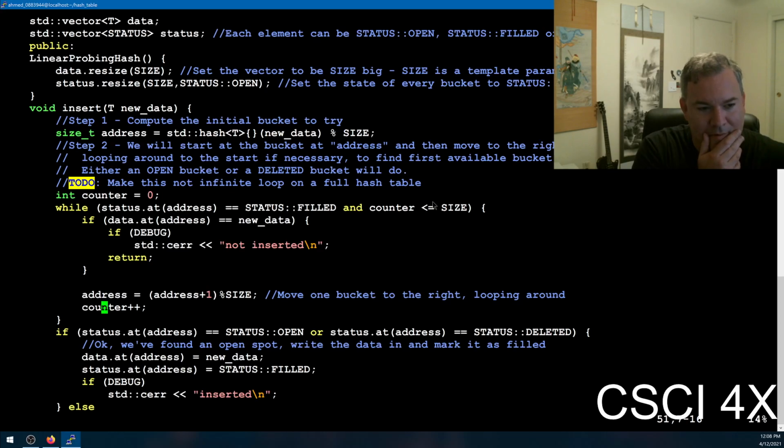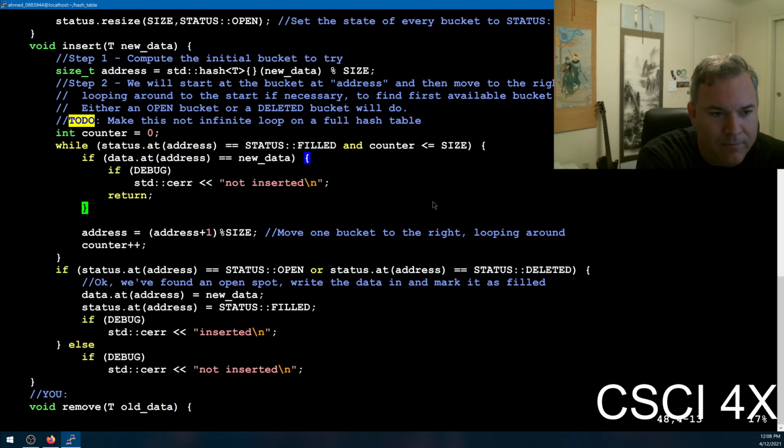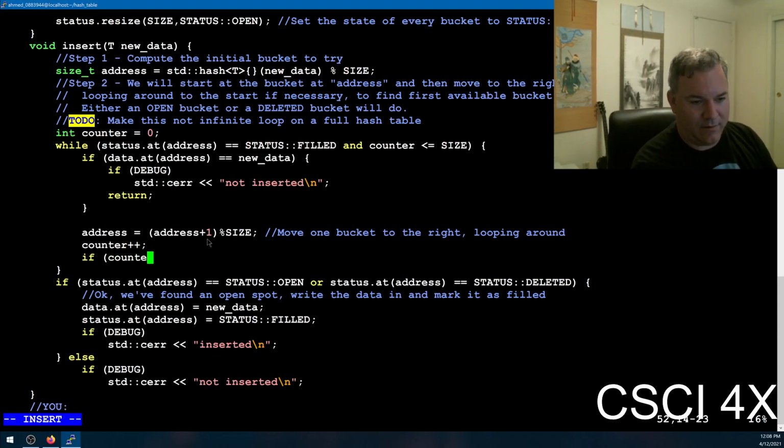So what happens if it... I don't think this handles being full correctly, because it'll stop the loop, right? I see, so it just doesn't insert anything. So we come back to the original spot, not inserted. Okay, that's fine. What I would do, rather than this exactly, is say if counter is greater than or equal to size,